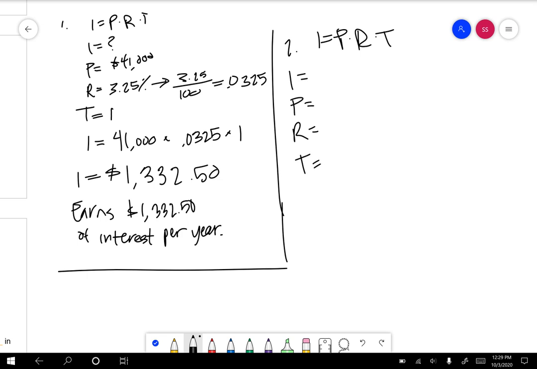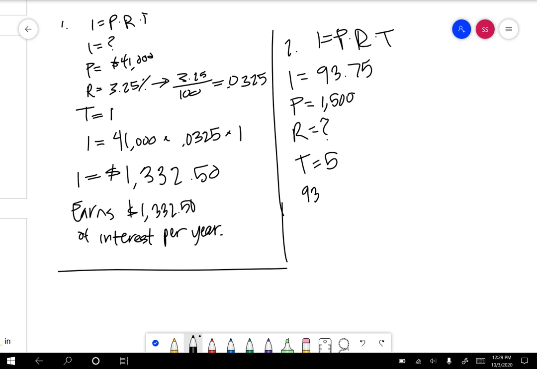In this case, we actually do know the interest earned. So it's $93.75. The principal amount was $1,500. The interest rate is actually what we want to know. So we don't know it yet. The time we do know was 5 years. Okay, so if we substitute those things into our formula, we would get